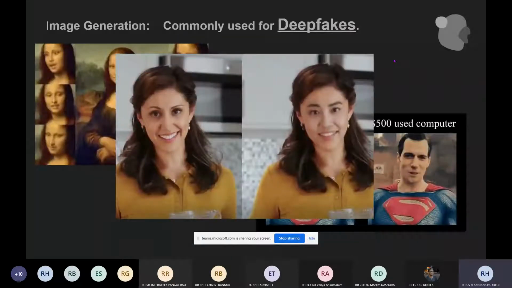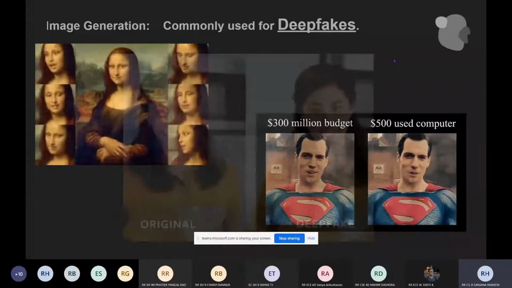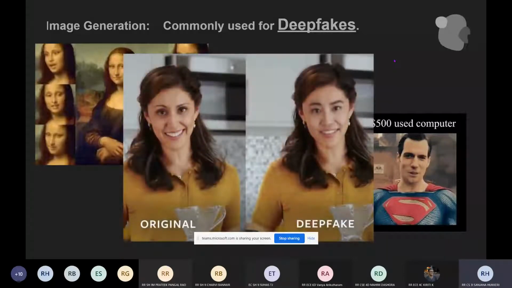Let's move on. Okay, so this I think everyone knows. Can any one of you unmute and tell me which one of these two images is the original and which of them is a deepfake? Anyone? Just a try. No one? Cool, guys, cool. So let me tell you, people who thought the left one is the original are right. So these are deepfakes, and nowadays they're really famous.